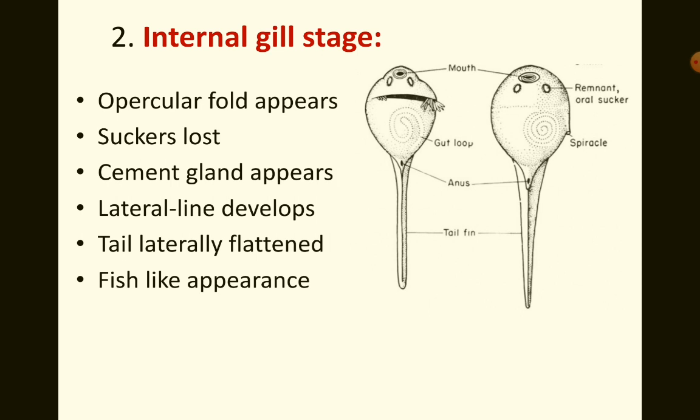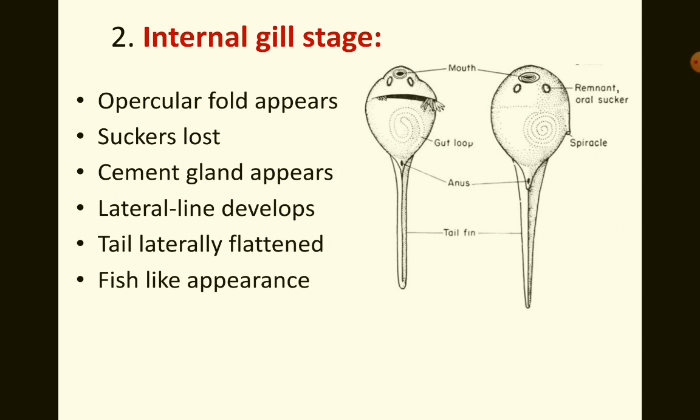by the internal gills. About 28 hours after the formation of external gills, the skin between the external gills starts invaginating, and it finally joins the pharyngeal wall. Thus, four branchial gill clefts are formed on either side, and the gill filaments develop along the anterior and the posterior edges of each branchial cleft. Now these filaments become highly vascularized, and hence they result in the formation of internal gills.